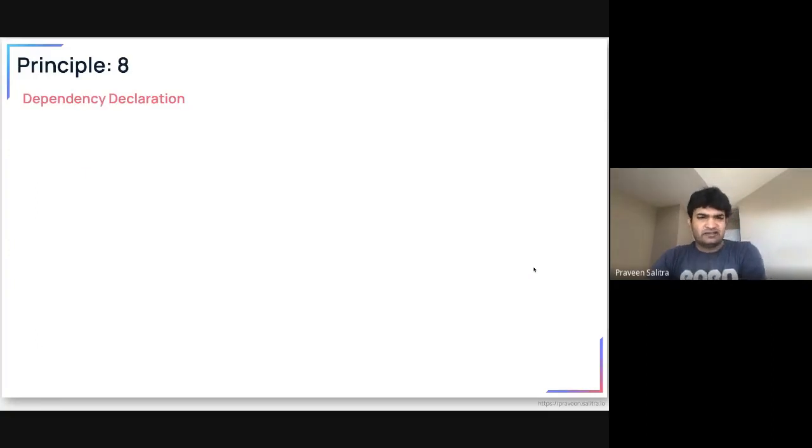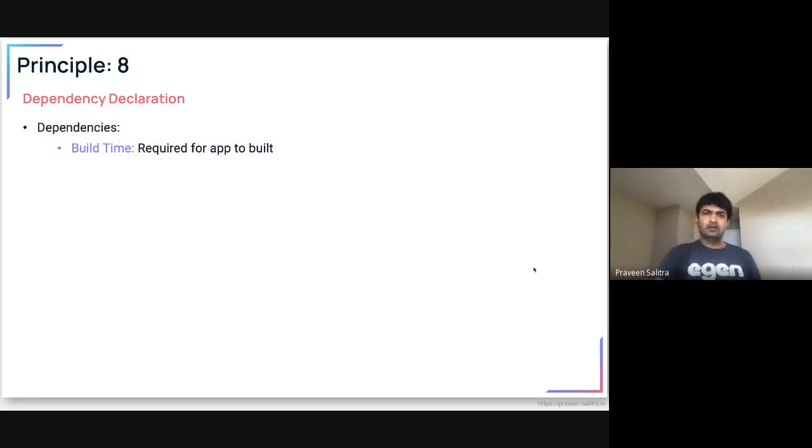Another thing is dependency. When you are developing an app, you will have two kinds of dependencies. The build time ones, which are third-party dependencies, modules, packages, or jars that you would need for your app to be compiled. The other ones are runtime. For example, for your API to run, probably it needs a database. Maybe if you are writing a Kafka consumer or producer, it needs availability of that Kafka topic or brokers, right?